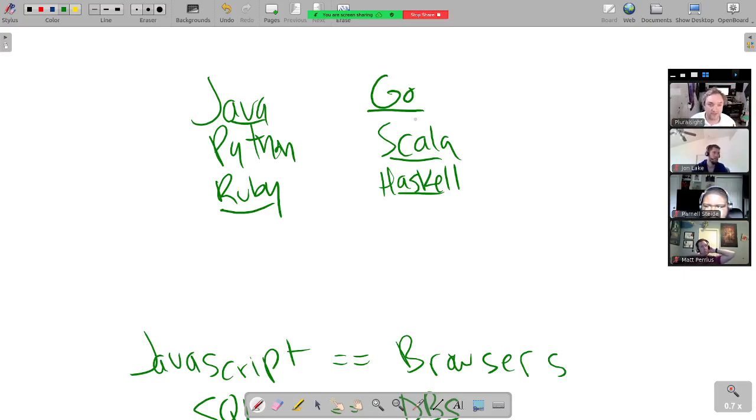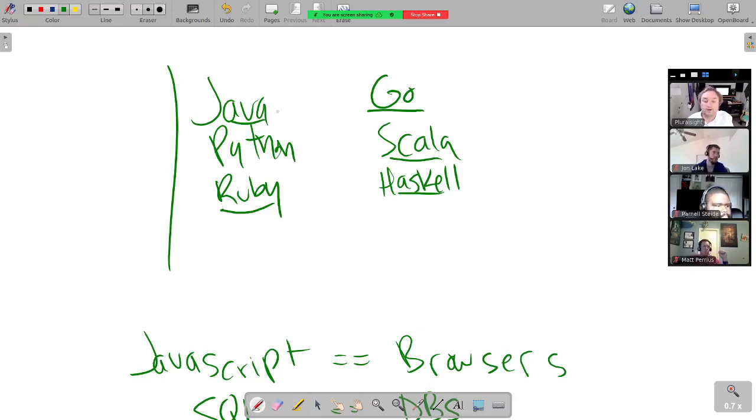Now, the trade-off with that is that it's fast as shit. And also, teams that write Go code find that not having all those abstractions, it's a lot less stuff to get tripped up on. And so a lot of teams find that they're more productive just writing pure procedural code. So all of these are general purpose languages with a different bent.